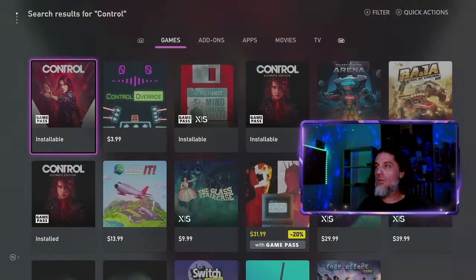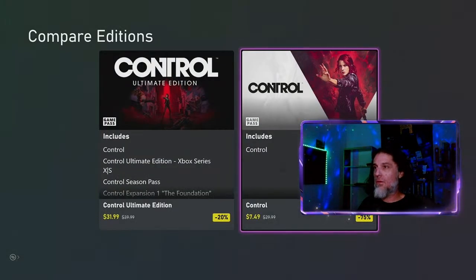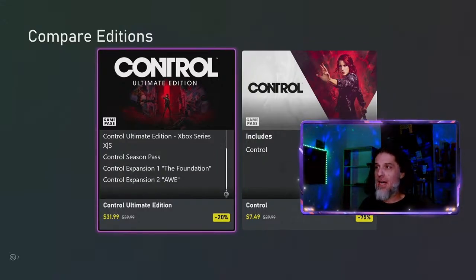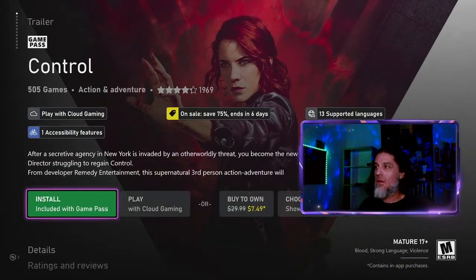Okay, let's open this. Control. This just says it includes Control. It's on sale for $7.49. This one says it's got the passes. If I click on this and I go